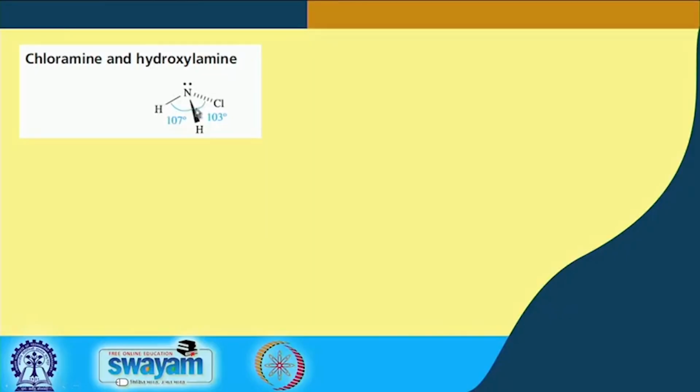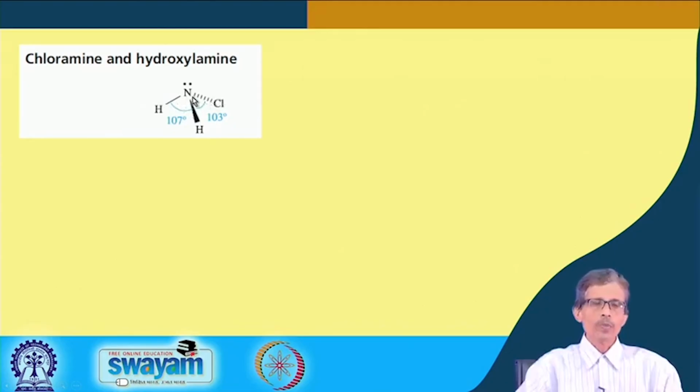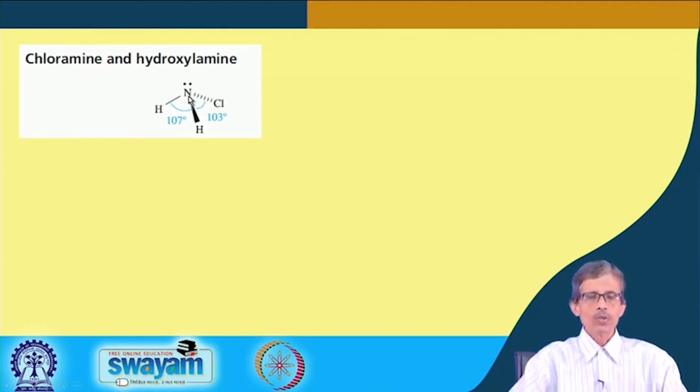Hello, good morning everybody. So, we were talking about some important nitrogen compounds which are industrially important, and one such compound we have seen is chloramine. As we see, the chloramine structure is this one, not hydroxylamine, because hydroxylamine we will talk about along with this. If we consider ammonia, that means NH3, with three N-H bonds, and substitute one of the N-H bonds by an N-Cl bond, we get the compound known as chloramine.